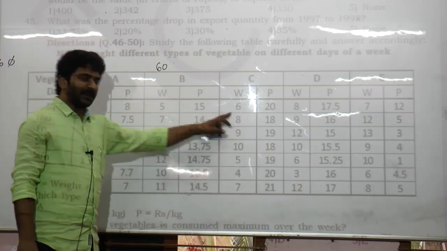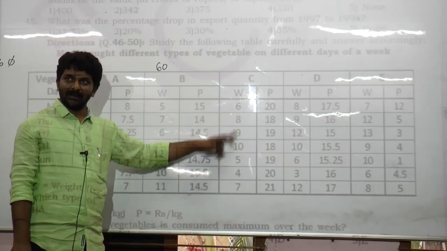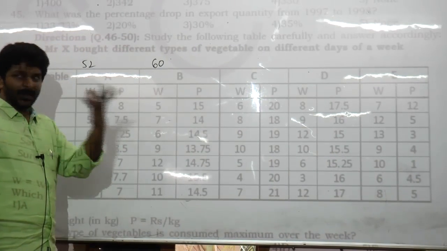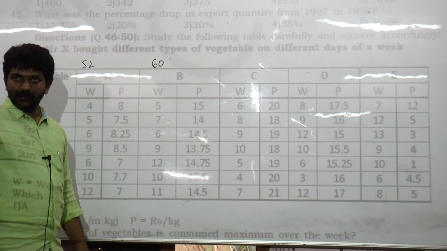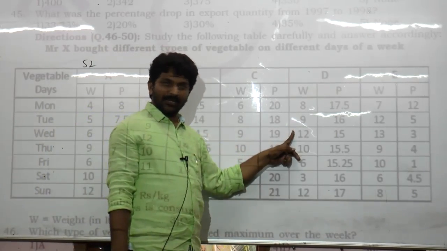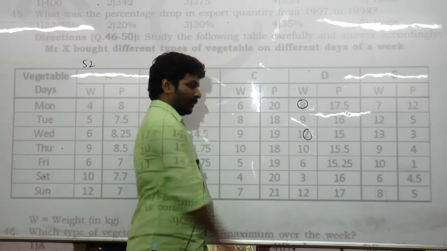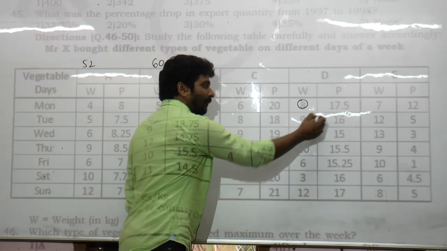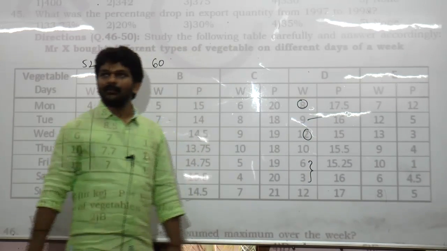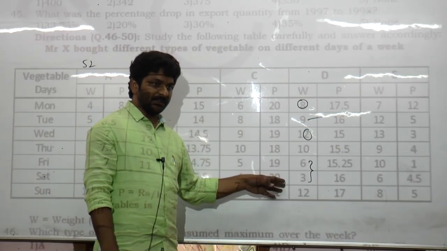Next, need not add this. You have only one 2-digit number and the remaining are all units digits. It cannot be 60. Just by observation, by common sense you can do it, because you are asked about maximum. This cannot be your answer. This can be your answer, hold it. 10, 20, 30. I have one 9 here, one more 9 here, 2 here, 2 9s and then 2, 20. Already we have 40, 60.